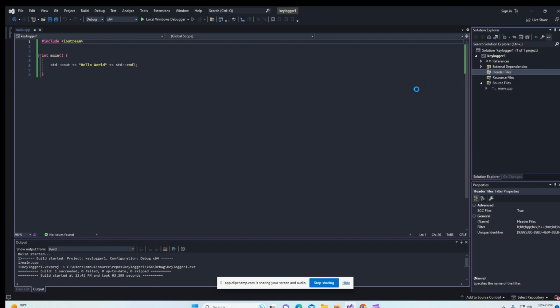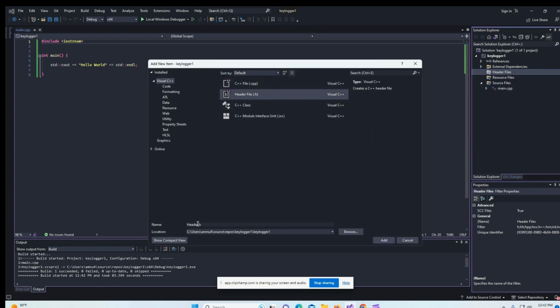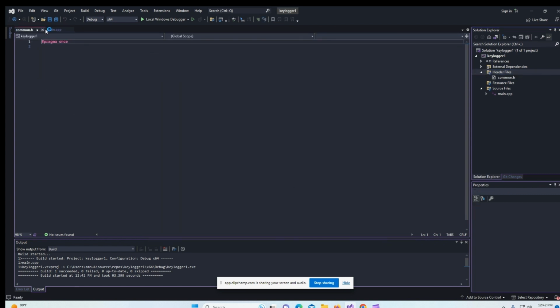This is one thing I like to do in the header files. I like to make a file called common.h, and in my common.h file, I include every library that I use in every file. So iostream is going to be used in every single file. Instead of naming a million libraries in every single file, so instead of saying iostream here and windows.h here and then saying that again in another file, I just declare it all here. So I include